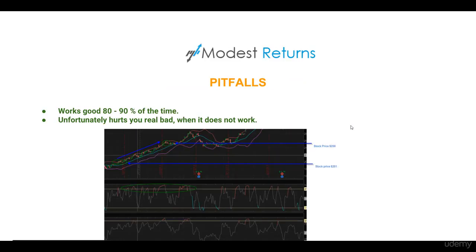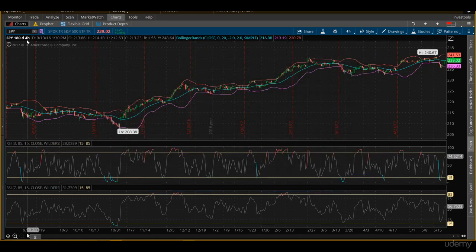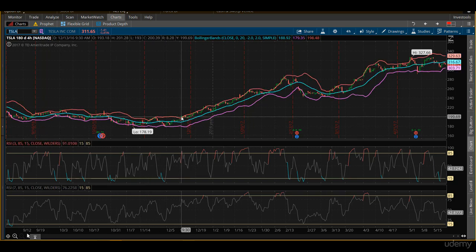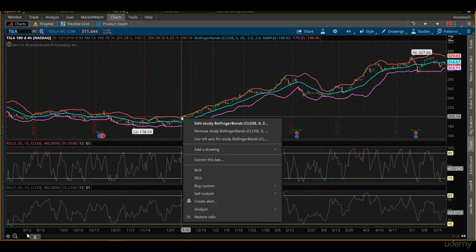So what is the pitfall? It looks clean and neat. See, here is a chart that I used as an example. I'll use a Tesla chart. Tesla has been on a roll, shooting up quite a bit, and that is exactly when the Bollinger Band, RSI, etc. start to fail you. For example, in this example, just look here. At this point,